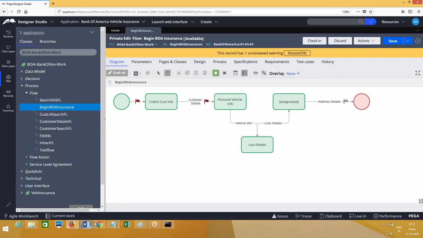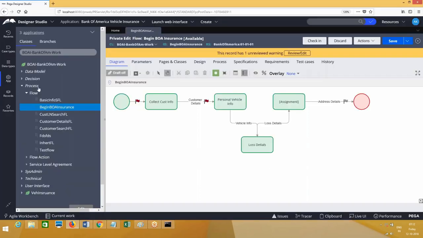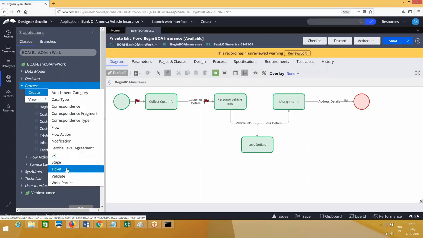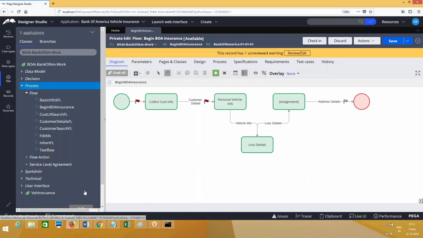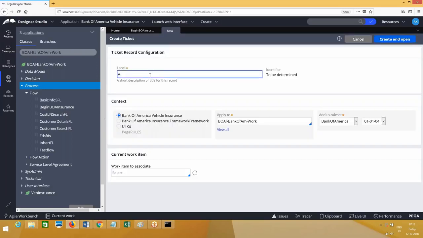So let's go ahead and first create a ticket for this. Your ticket is just like a label. There's nothing much. Let's say I have given simply jump to address ticket.